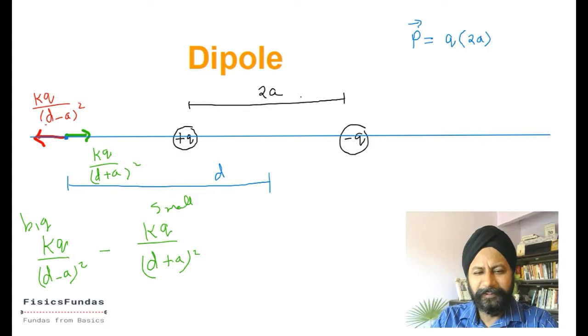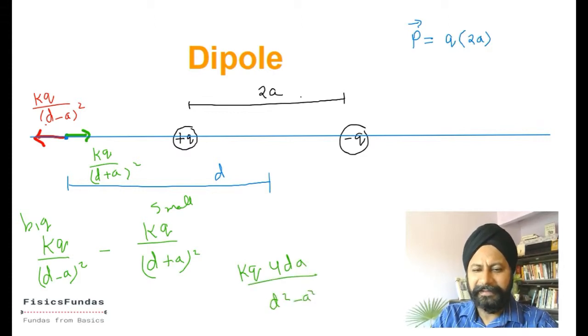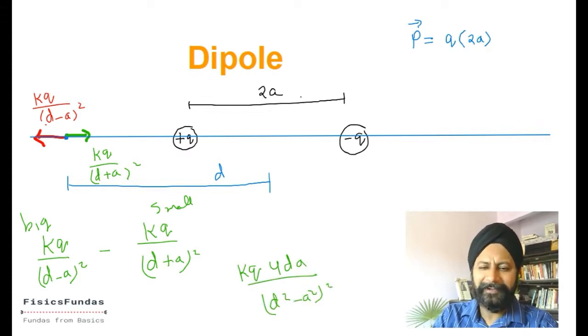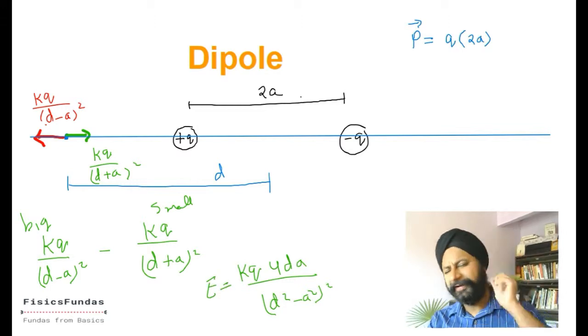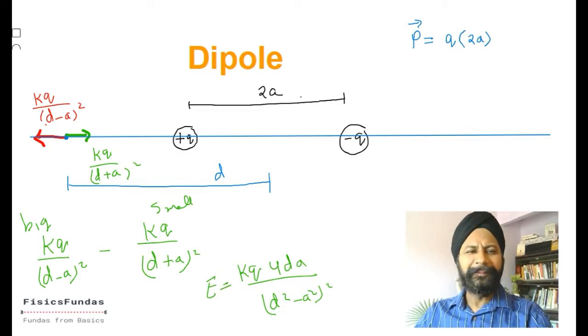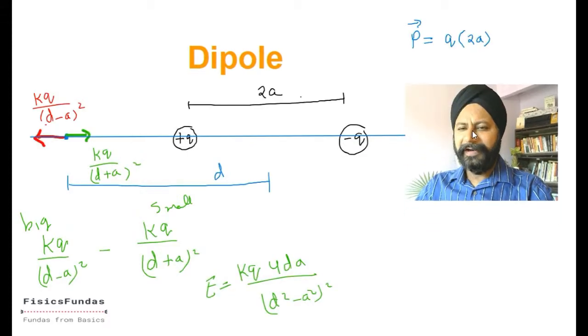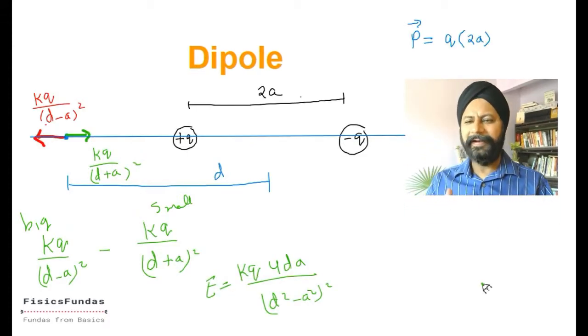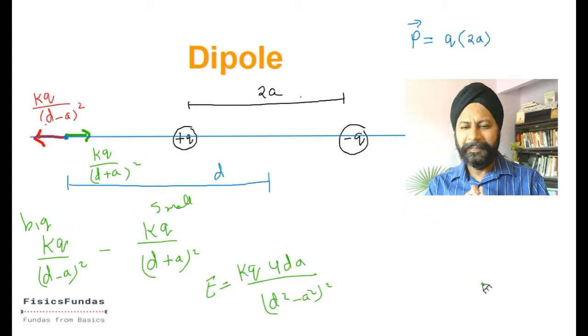क्या सिखाऊंगा। सो ये kq आ जाएगा, ये 2da 4da बन जाएगा, डिवाइडेड बाय (d² − a²) का होल स्क्वायर। ये इलेक्ट्रिक फील्ड हो गया। सिंपल सा 2 लाइन का डेरिवेशन है, इसमें कुछ है नहीं। तो but I would advise you do it yourself, try to analyze this और क्या कैसे, है ना।